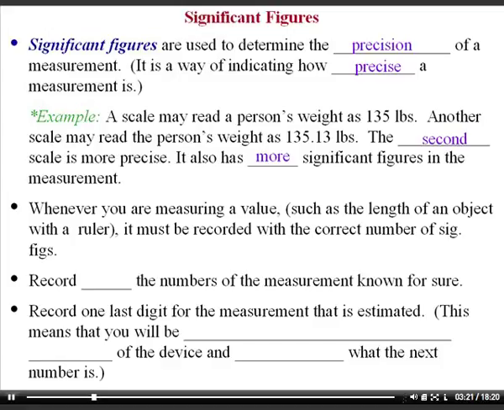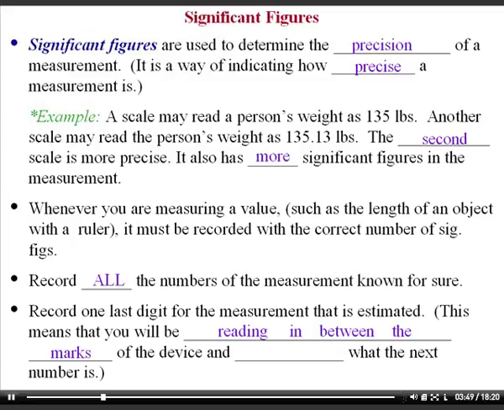Now, when you're taking a measurement in a chemistry class or a science class, you're supposed to record the measurement with the correct number of significant figures. So here's the rule. You have to record all the numbers of the measurement that you know for sure, and then the last digit in your measurement has to be estimated, which basically means you're going to read in between the marks that are on, let's say, a ruler or on a balance,